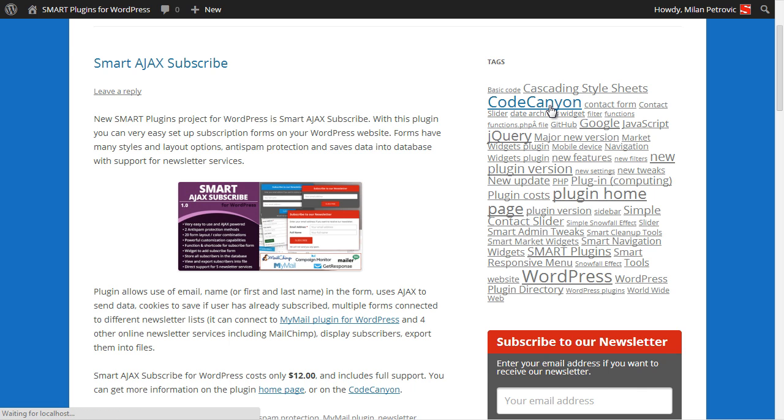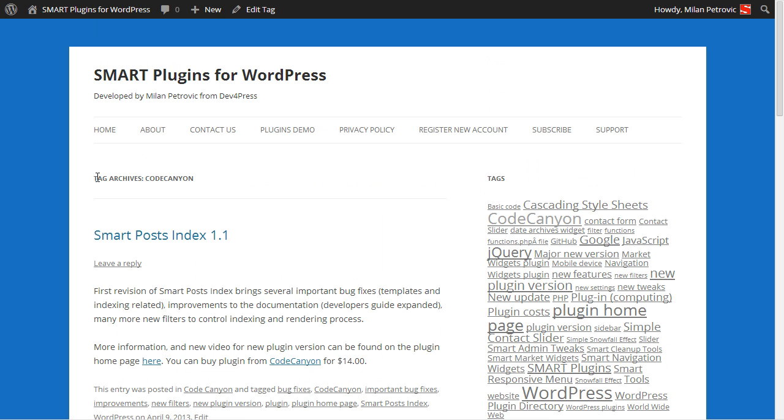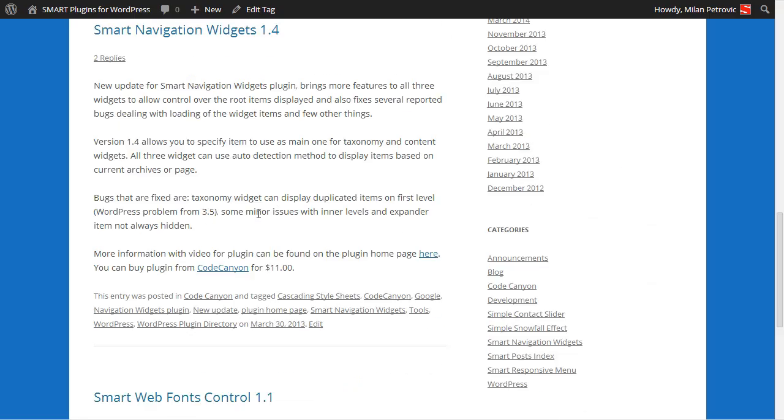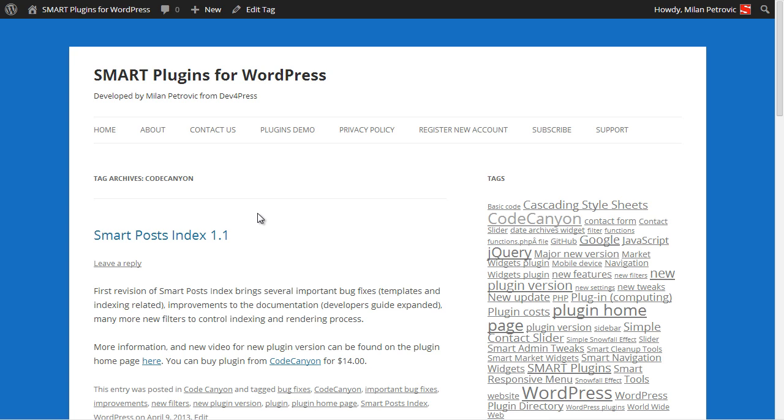So if we open here, we will get tag archives category for CodeCanyon and posts listed that belong to it. Each tag will create a new archive page, and these pages will also appear in sitemaps that are used by search engines.